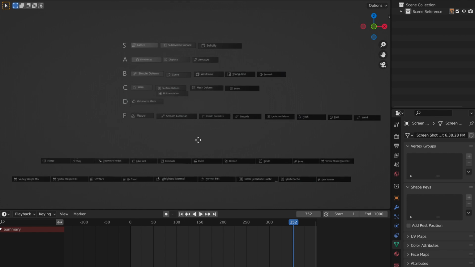Multi-res, I only use this one for sculpting, and I never sculpt, so I mean it does its job fine. B tier. Mirror, A tier, very, very useful. Mask, never heard of this, never used it. Geometry nodes. See, now this is